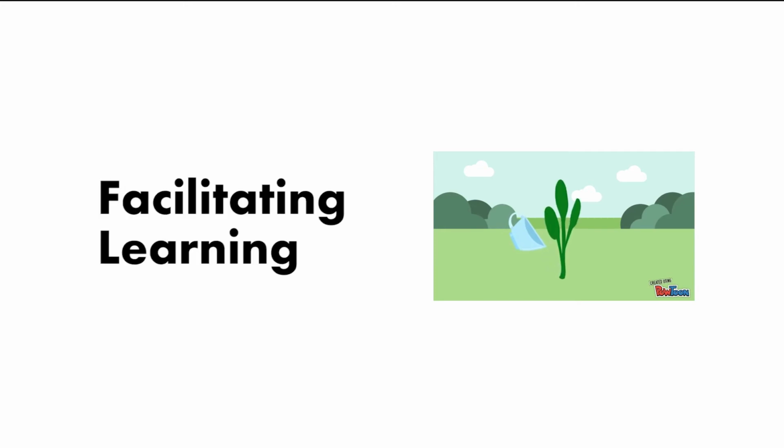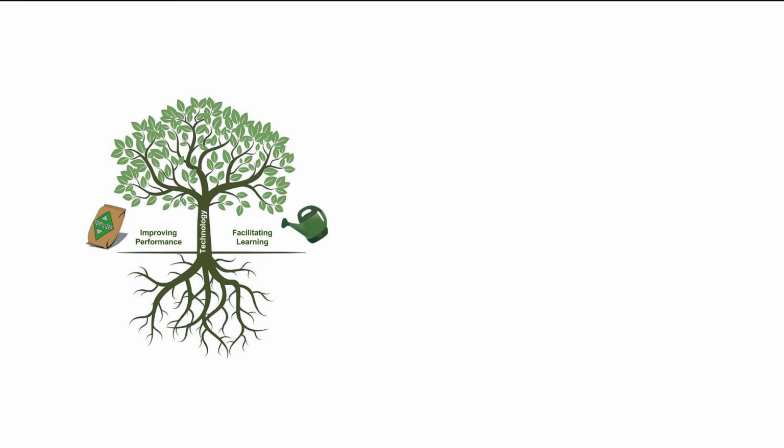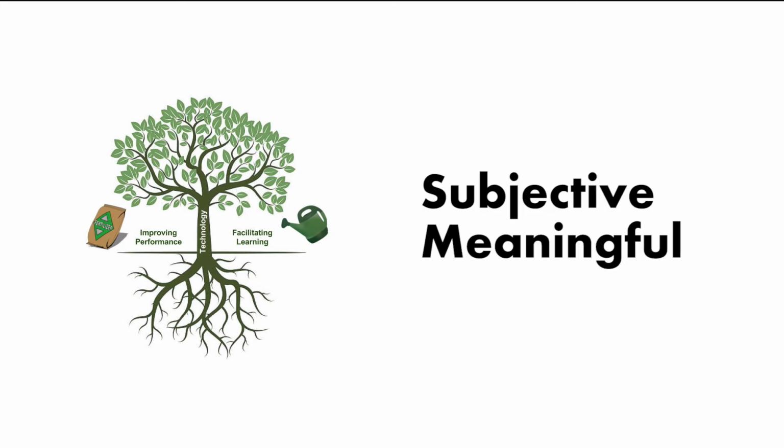For a tree to thrive, it needs a constant supply of water. From the first day the seed is planted until the tree meets its demise, water is one of the two main factors necessary for life. "This water is constituted and structured by the knower's own ways and means of perceiving and conceiving." Jonassen and Miller, 2008, page 32. Facilitating learning allows a learner to solidify the content in ways that are subjective and meaningful for each individual, effectively